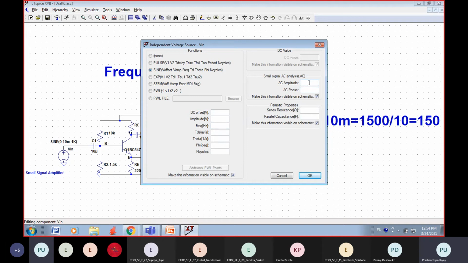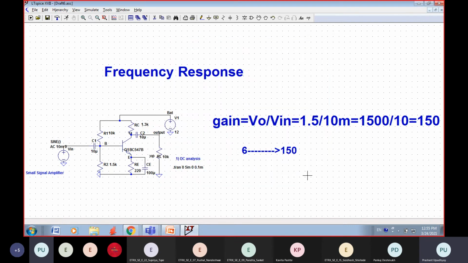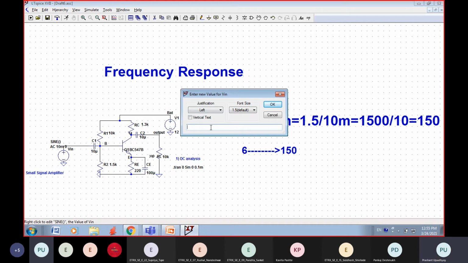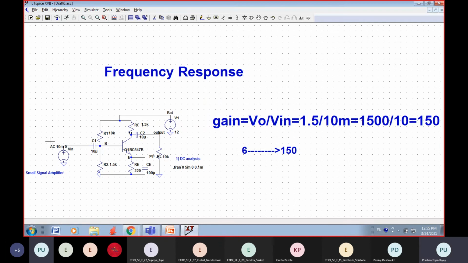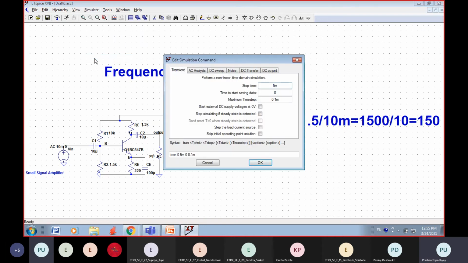So what I have to do is just provide the AC amplitude. AC amplitude is 10 milli and phase is 0. That's it. So that's my AC amplitude, and there is no sinusoidal input. I've removed it, and the input is an AC input. Now the third command I'm going to give